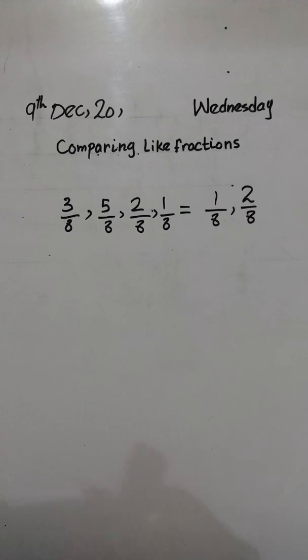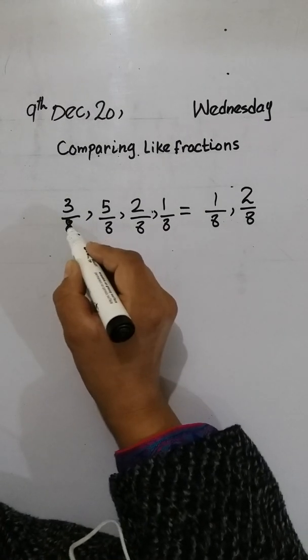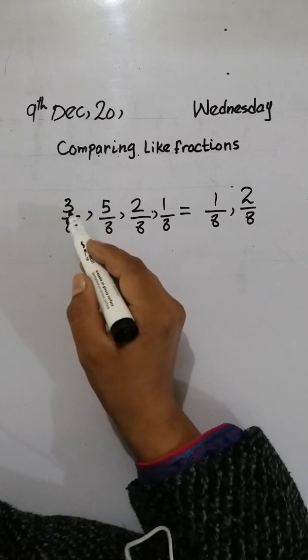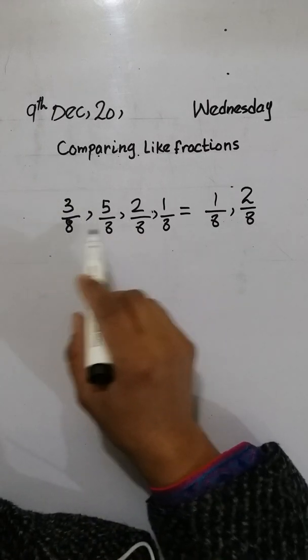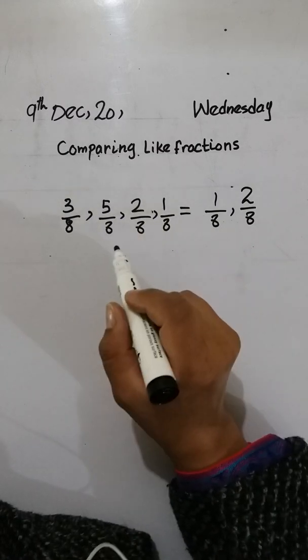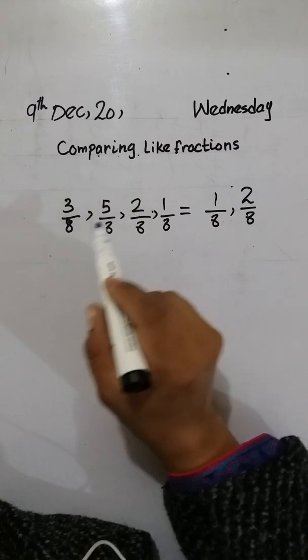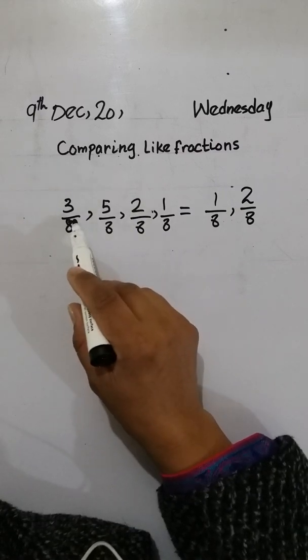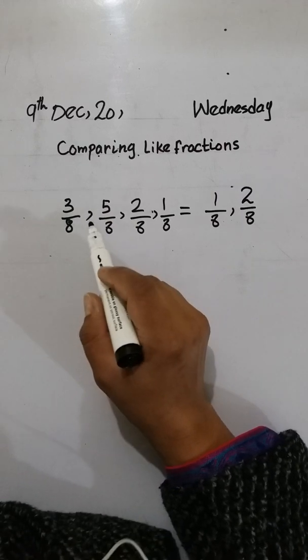Denominators, the bottom numbers. Denominator कौन सा होता है? Bottom number, and numerator is the top number. But in this case all the denominators are the same and numerators are different. So how will you identify which fraction is bigger? कौन सी fraction इसमें बड़ी है? Now look at the board very carefully.